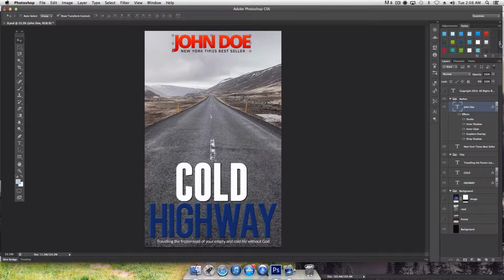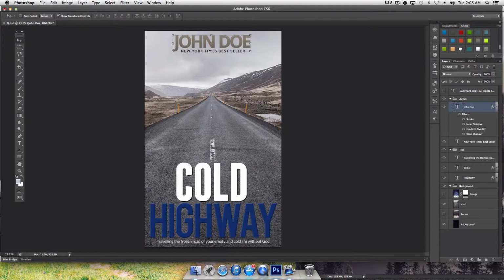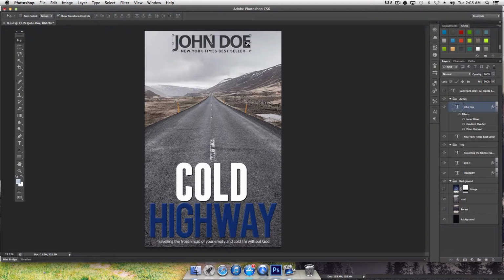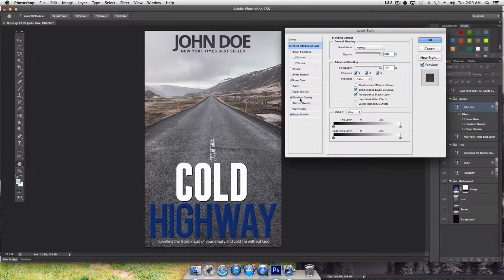And that alone will save you a lot of time because you won't have to adjust and play with these layer styles from scratch. And then eventually you'll find a layer style that you like. This one is embossed here. Okay, you see how it looks like it's burned into the cover. Okay, and then you'll be able to use that as your base and then go into the blending options